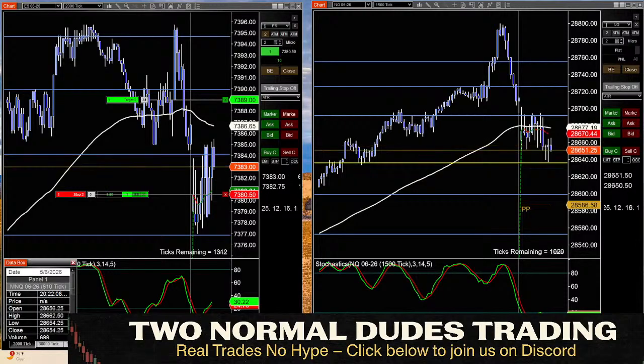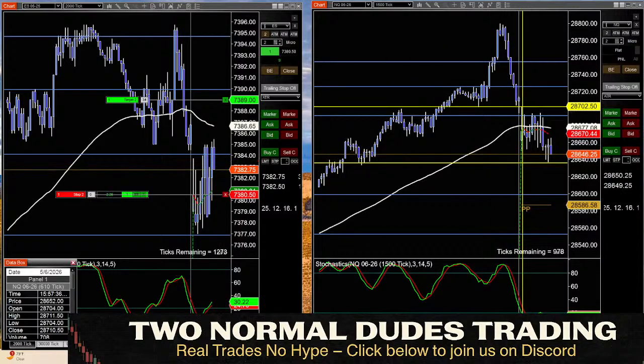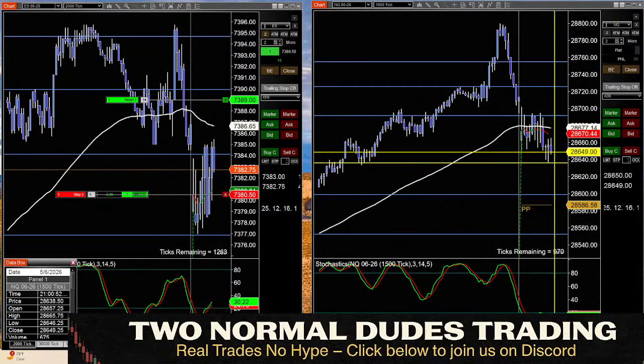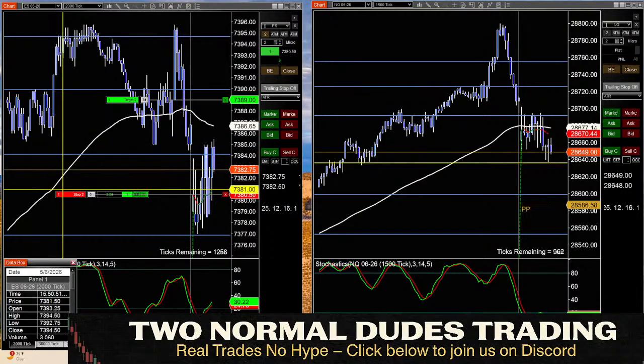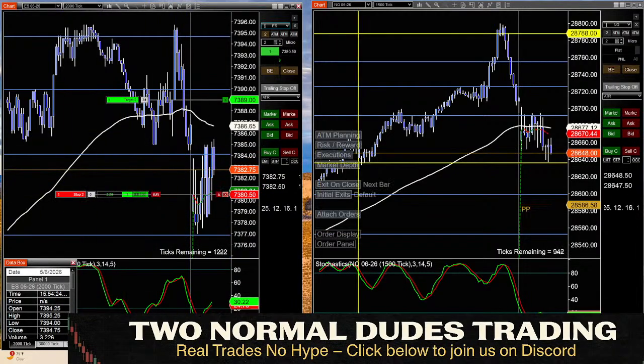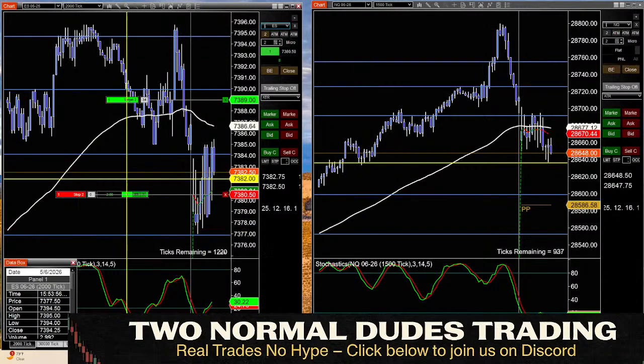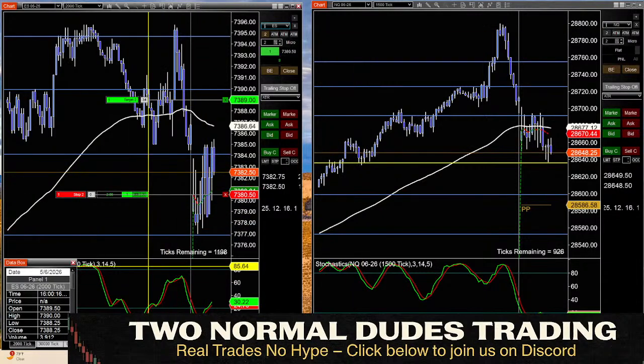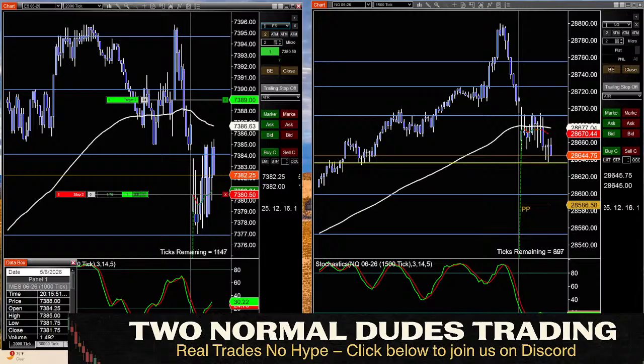Now it's probably going to push a little bit. Don't worry about it. It'll push back down, test this level again, and bounce off. We can't lose on this ES trade, so who cares? If it comes back down and takes a stop, cool. Now watch this back down here at this bottom on NQ. See what it does at 38. Greg, did you make money on the ES trade?